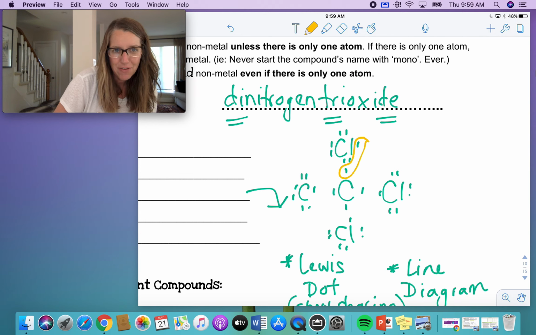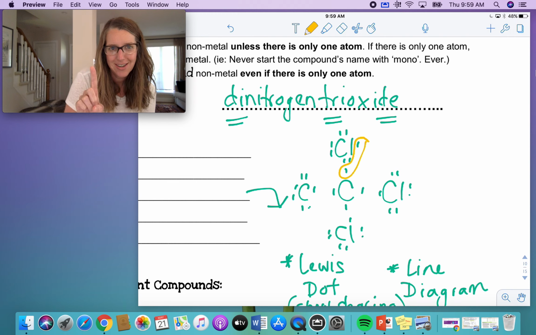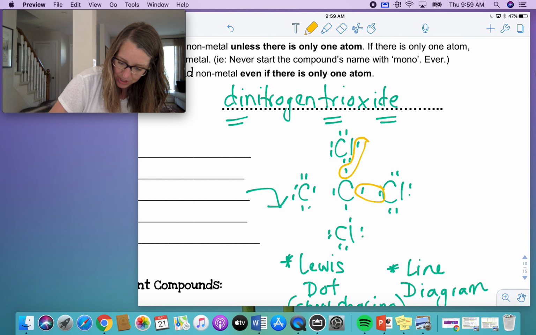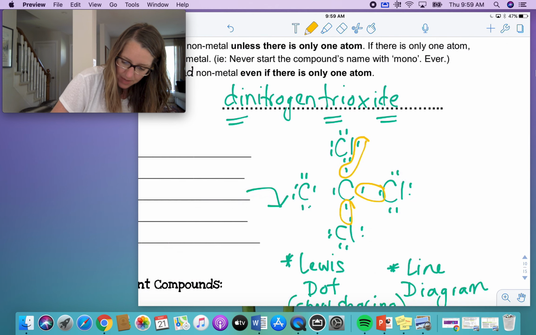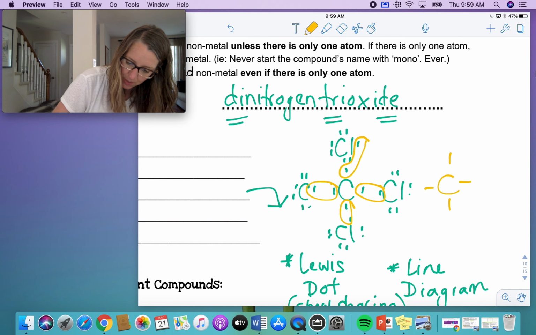The shared pair of electrons, if you only have one shared pair, that is one bond, one covalent bond, a single bond. Can atoms make more than one kind of shared bond? Yes. You could have a double bond, triple bond, and that's what's really unique about our molecules, okay? Then what I do is I show that simply by doing lines,